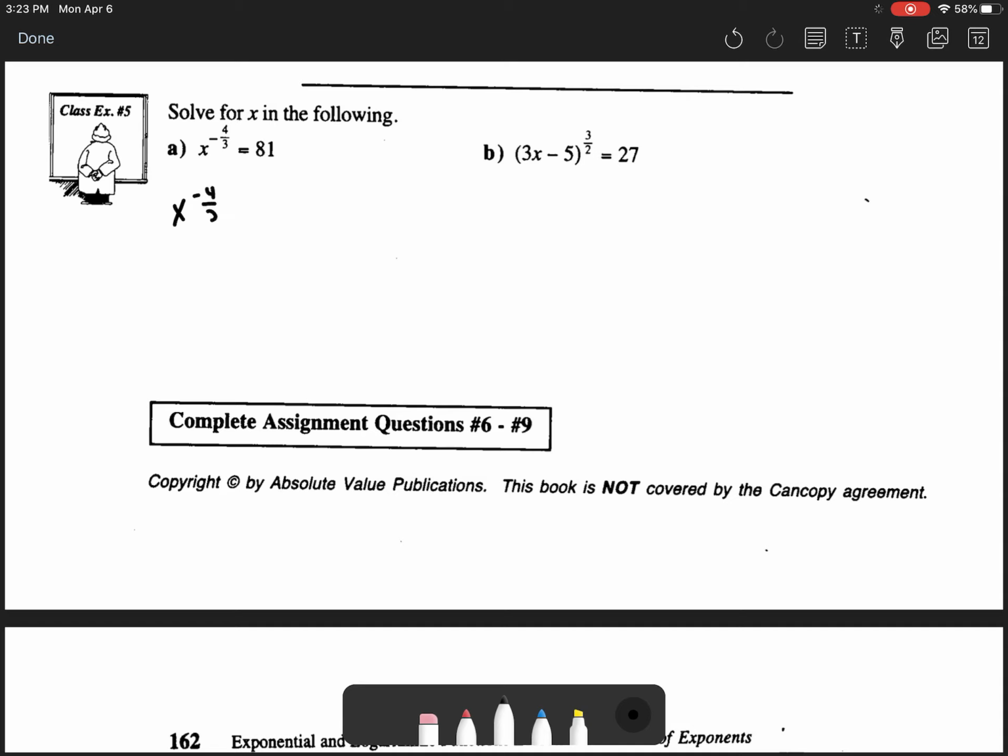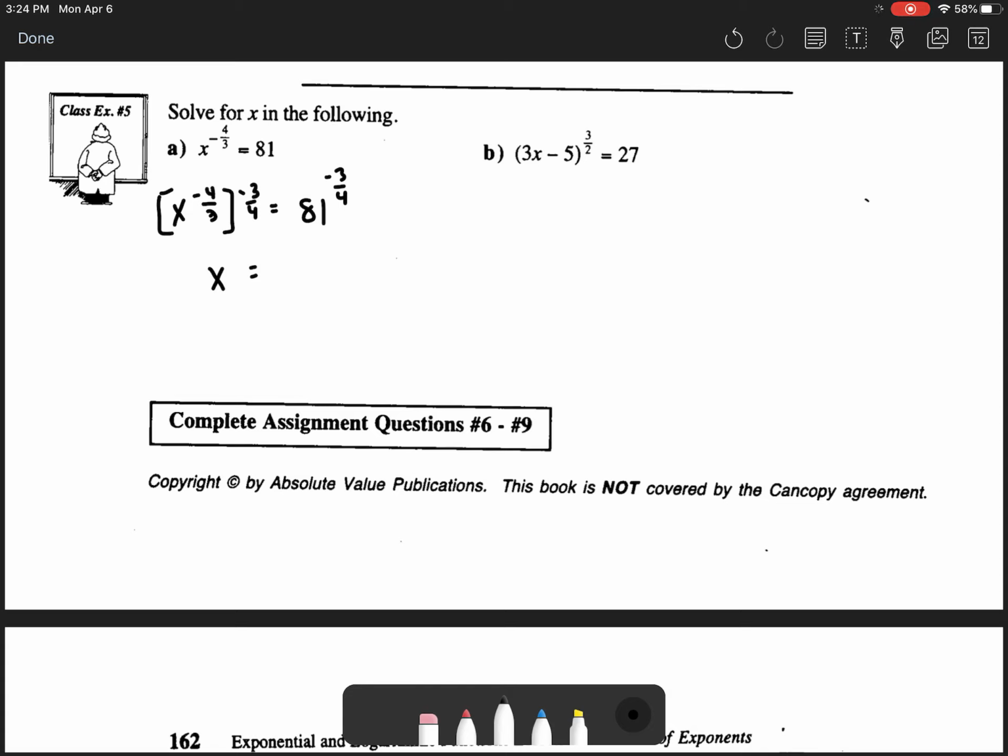So here's what happens, right? I have x to the exponent of -4/3. Now I want just x, so I'm going to raise the left-hand side to the exponent of negative and then the reciprocal, which is 3/4. So I raised the left-hand side to the -3/4, so I have to do the same thing to the right side, 81 to the exponent of -3/4. Now on the left side, you're just going to get x, because when you multiply those exponents together, you're going to get